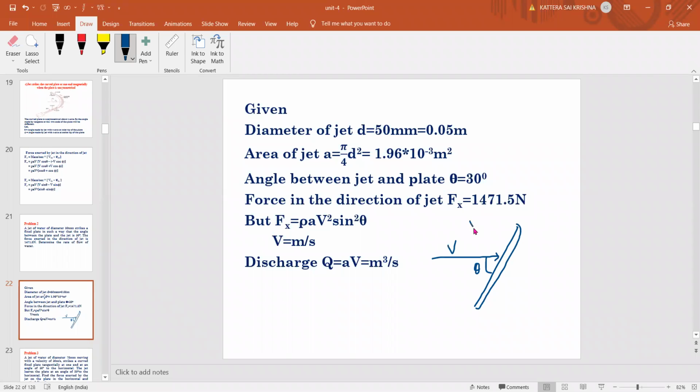Okay, so what we know there will be an Fn. Nothing but this will be V. So if it is coming towards the plate, it is V cos theta. So if it is going along the normal direction, it is V sin theta. This thing you need to remember, then only you can solve it. So V sin theta is the velocity in the direction normal to the plate. Okay, so we'll have an Fn like this. This is Fn. So in x direction, we'll get Fx. Then in perpendicular direction, we will have Fy.